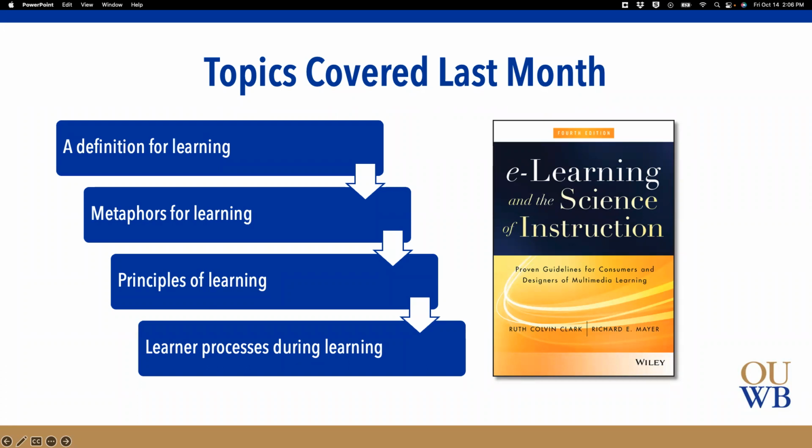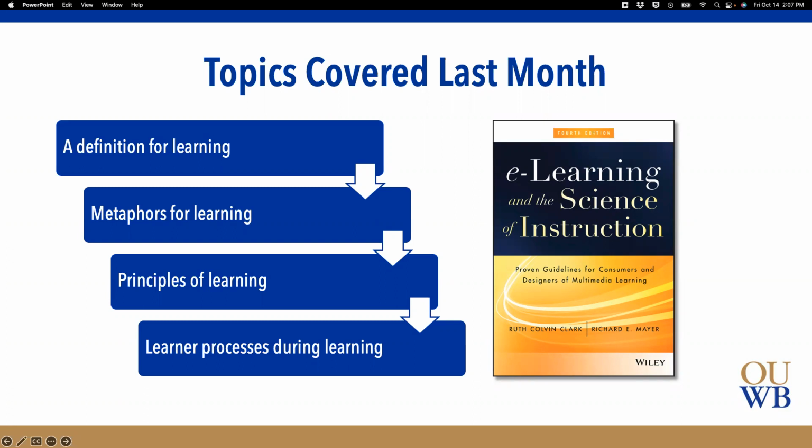You can see response strengthening there. It's a behavioral change caused by stimuli. And that sort of melded into information acquisition and ultimately got us to what Dr. Clark and Dr. Mayer describe as the knowledge construction metaphor of learning. And really what you're seeing in this evolution of learning theory is that the role of the learner becomes more